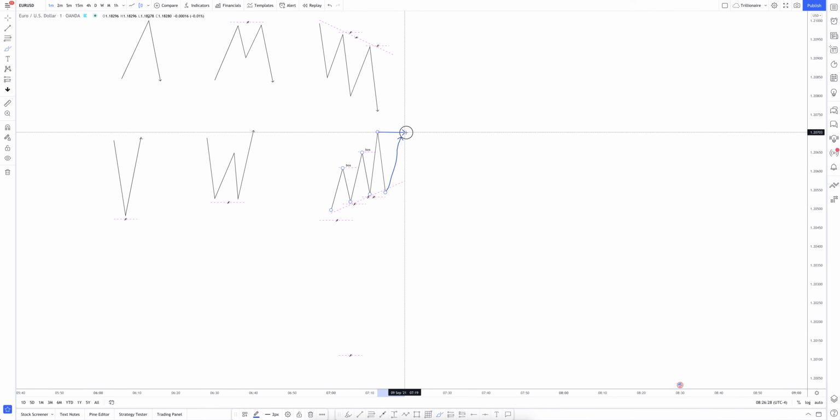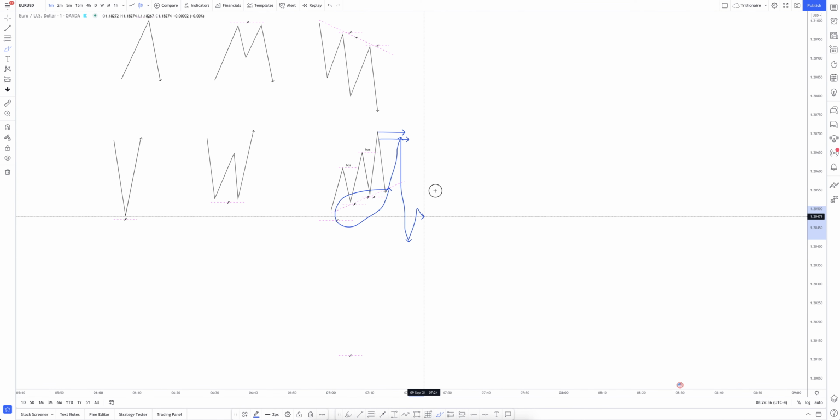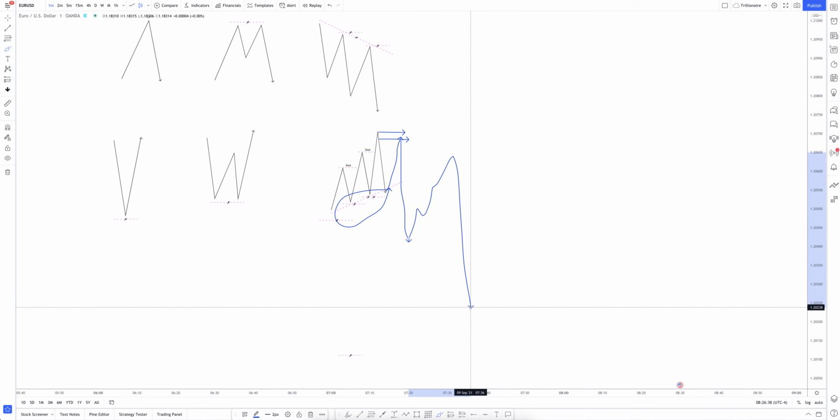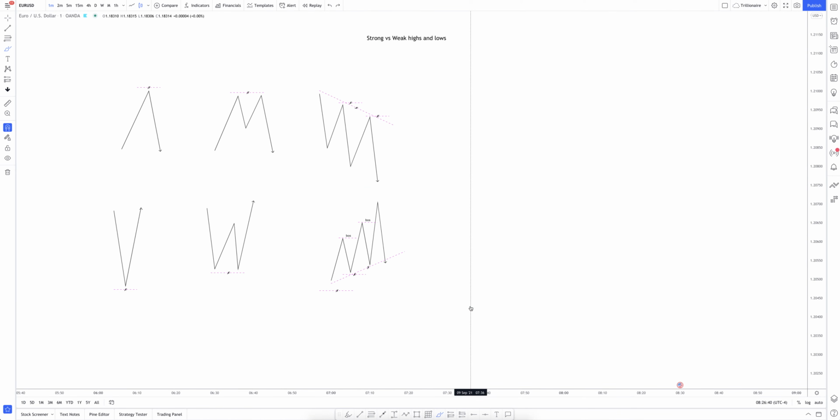like let's say supply respects right here. Price will usually tear through all of this demand here, all these orders resting here, just to trade back up and then continue pushing to the downside, right? That's normally what happens. As you guys can see, even with the Bitcoin example that has taken place this week,